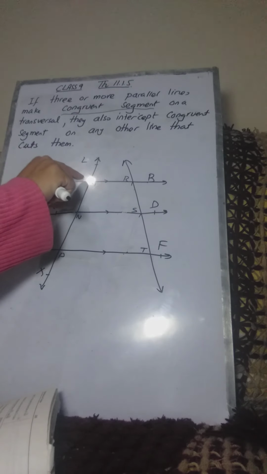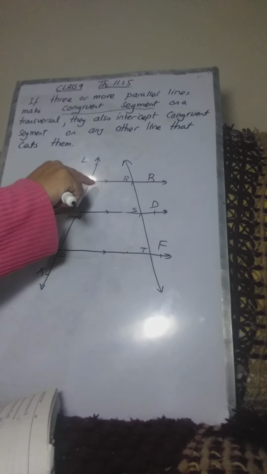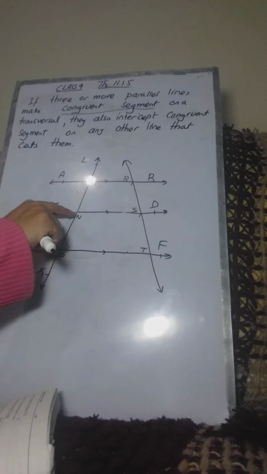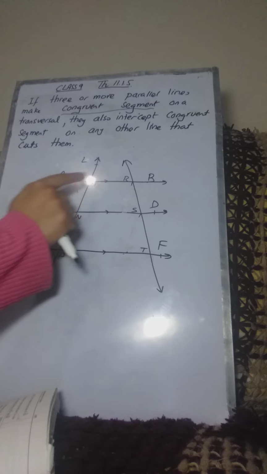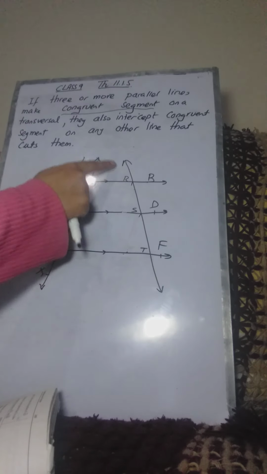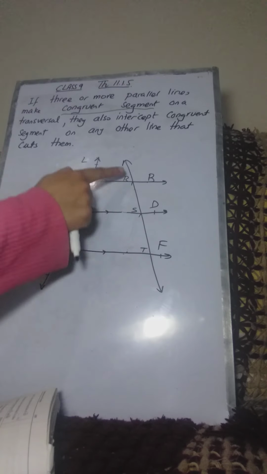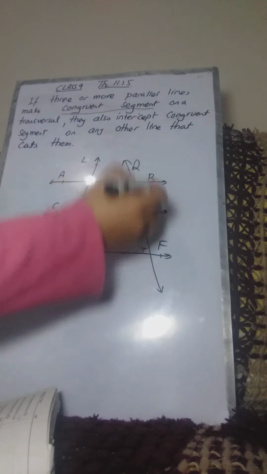Now they are saying that if these two segments are congruent, that is, if MN is congruent to NP, then if you have another transversal, some other transversal which we will name as QY,